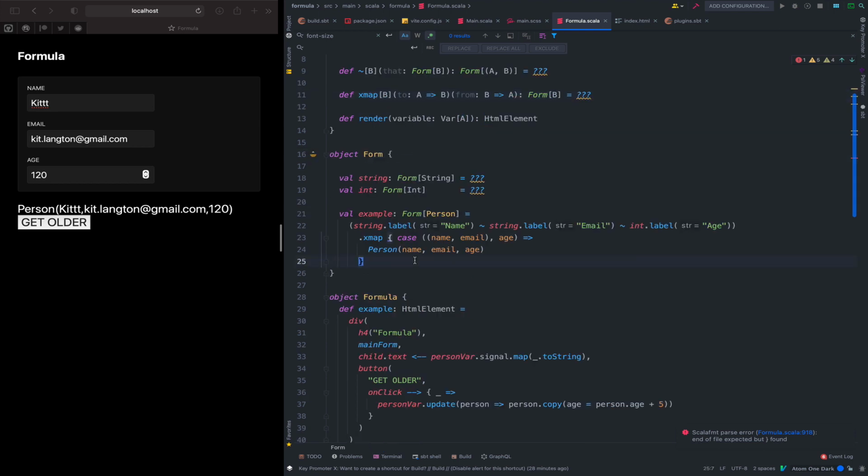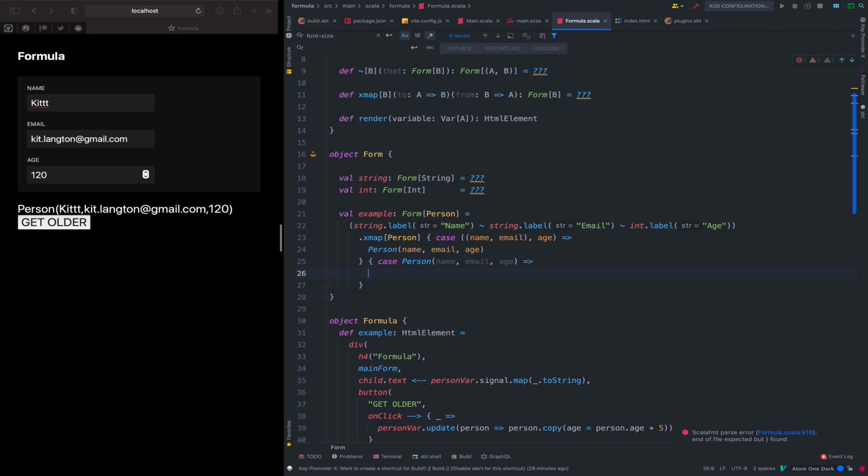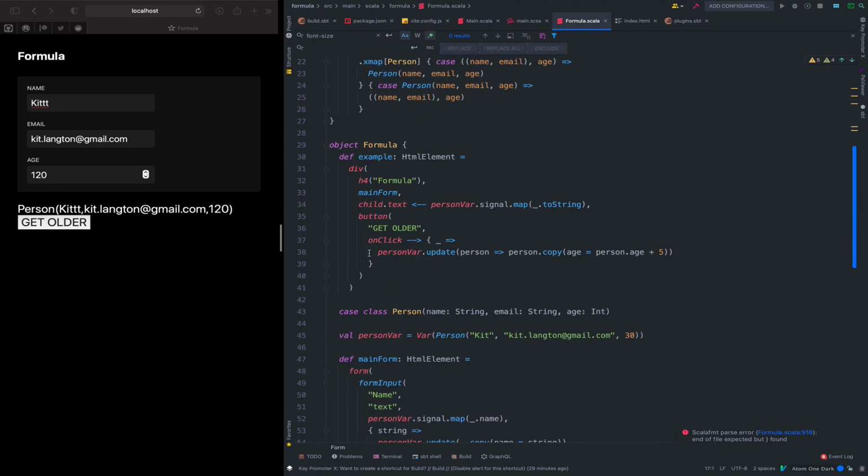So I accept this as another argument, and the B in this case, I can just annotate so it's not confused, is going to be a person, even though it should be able to figure that out, but it didn't. That's okay. So now I'll take a person. So I can say case person, which is the name, email, age. It is annoying to do this, obviously, but it unfortunately is necessary at the moment. And then I'll make the nested tuple that we started with. And it all compiles. So this is kind of going to be the first version that we want to go for. And then if I go down here,